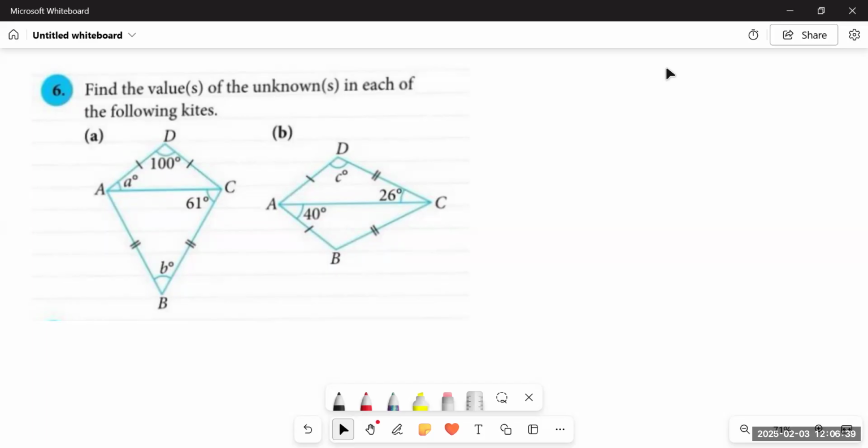What are the properties of a kite? So in a kite, no sides are parallel to each other. But in a kite, what happens? The two adjacent sides are equal to each other. Like if you have two sides at the upper portion and two at the lower side, so AD would be equal to DC. We can say that AD equals DC.